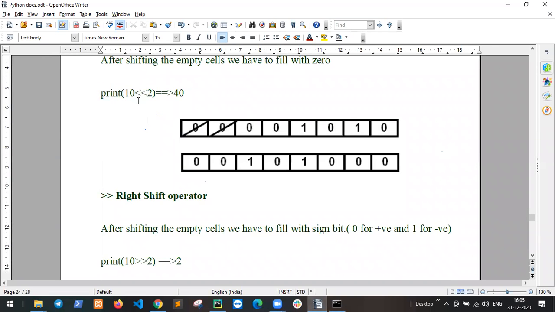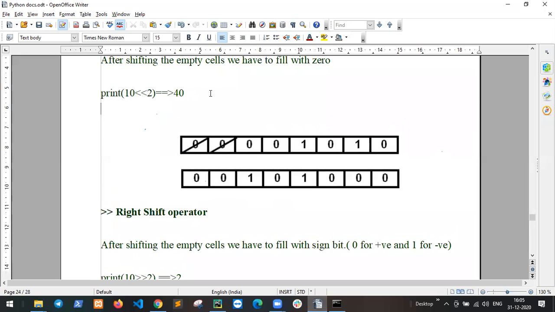Because ten has two shifts: 0, 2, 4, 8. I will show you the same thing. You know how to change decimal to binary.